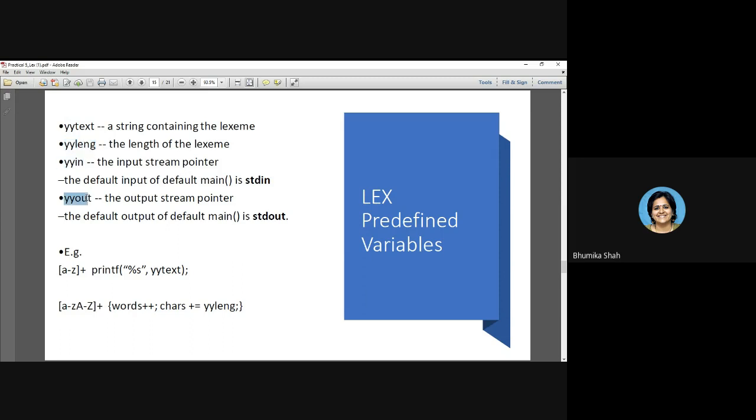What is yyout? yyin and yyout are file pointers, and by default yyin points to stdin and yyout points to stdout. So if you don't redirect them, yyin points to the keyboard and yyout points to the terminal or monitor. If you want input to be read from a file, yyin should be redirected to that particular file. You will see such programs ahead, and yyout will be redirected to a specific file.